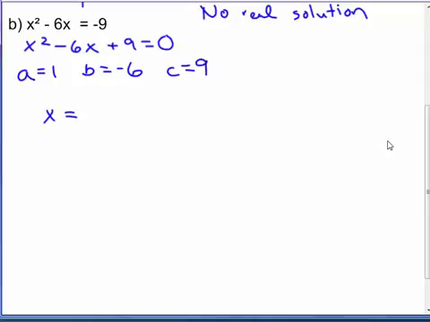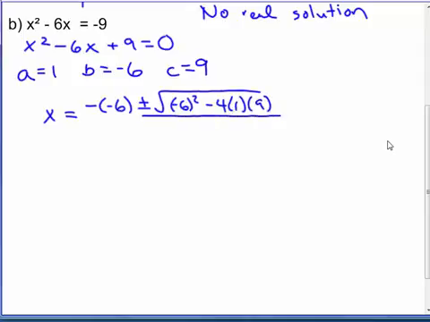Now, sometimes with these, you're going to be given a choice. Do you want to try to factor it? Do you want to solve by completing the square? Do you want to solve using the quadratic formula? As I put this in,